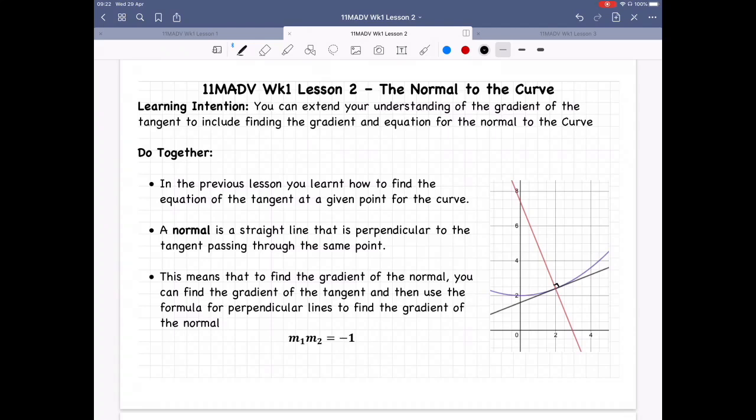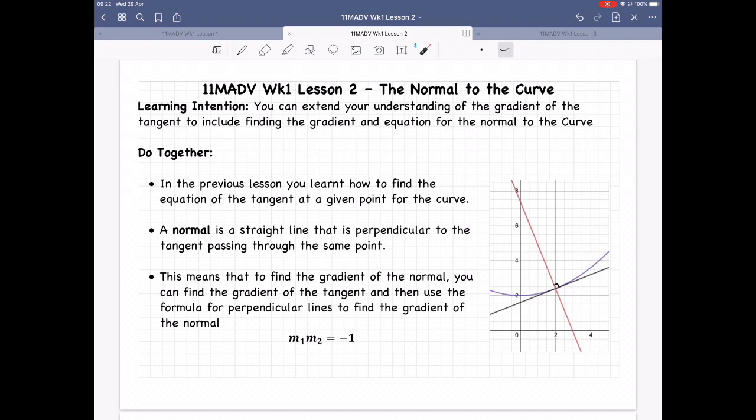Hi everyone, in today's lesson we're going to extend our understanding of the gradient of the tangent to include not only finding the equation of the gradient of the tangent, but also finding the gradient and the equation for the normal to the curve. Now, if you think back to our previous lesson, we found that we could find the equation of the tangent, so our black line here, at any point once we knew the gradient and using the